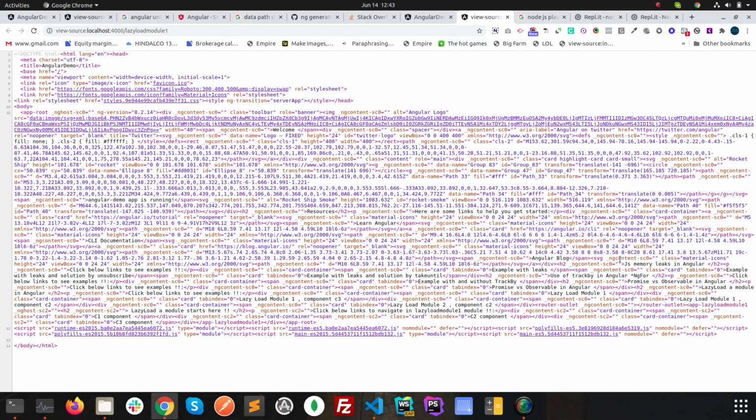I want to mention briefly why this is important. It might be a bit faster in loading because it's just loading a specific part of a file. Another thing is we need this for SEO, search engine optimization.